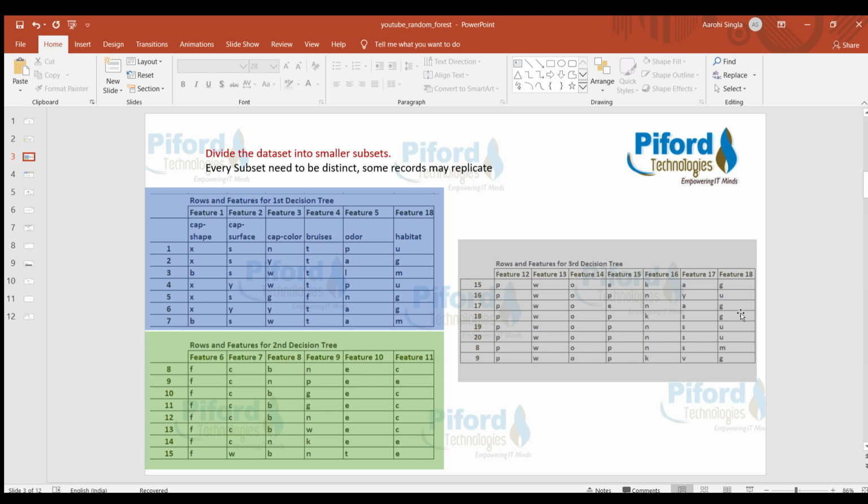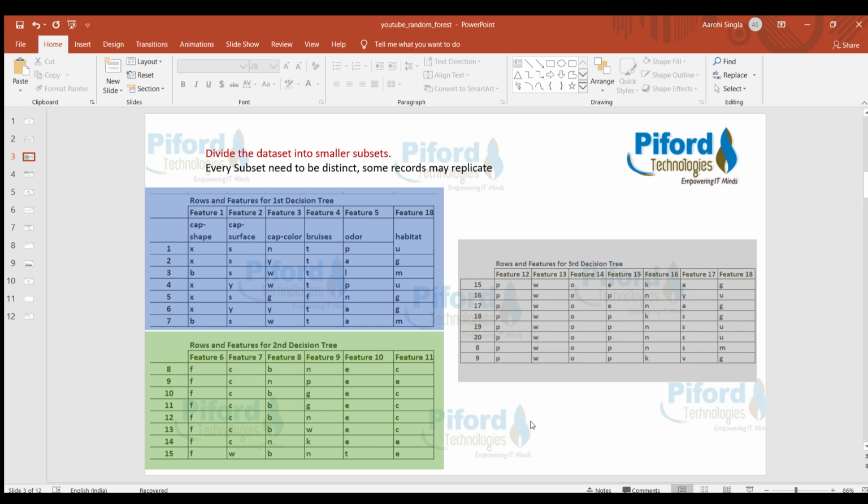Feature 18 is present in the first subset also. As I've told you, some features may replicate. We are using feature number 18 in the third subset also. And rows number 8 and 9 in the third subset are also present in subset number 2, meaning some records may replicate.